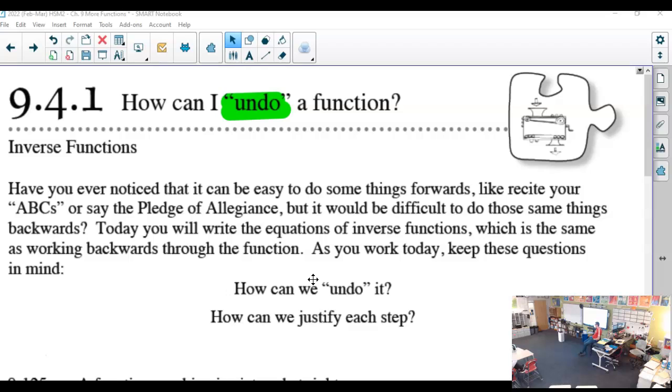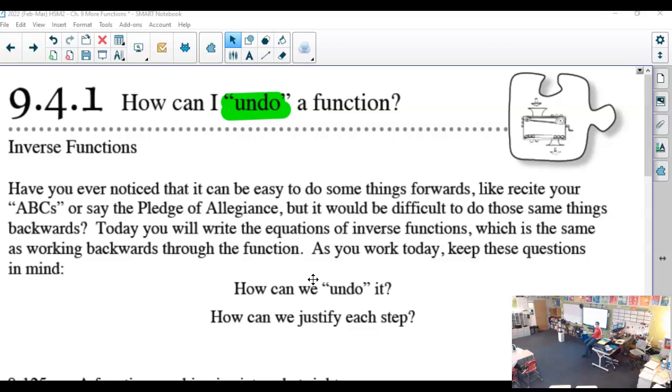I just see ABCs and I'm like kindergarten. So, could you say the ABCs backwards? Z, W, X, I forget. You already messed it up. I could do it at one point. Z Y X W B U T X R Q P O M N L K. I think you skipped an S in there somewhere. I can say the Pledge of Allegiance backwards. Sorry, my hands are really cold today. I don't know why. So that's why I'm awkwardly sitting there with my hands in my pocket. I'm cold.